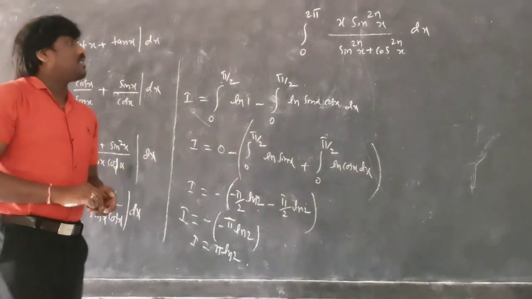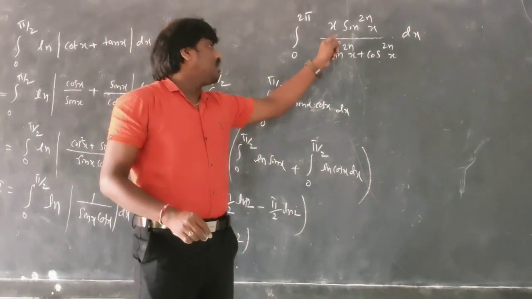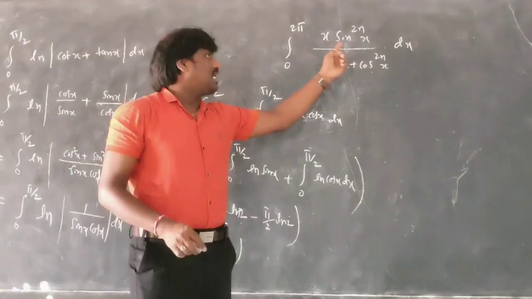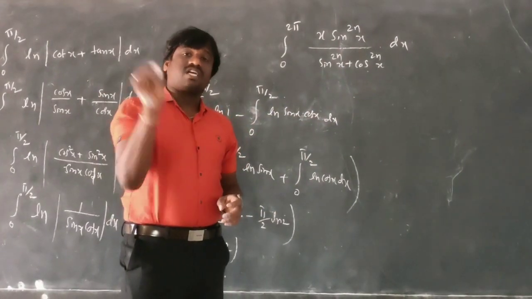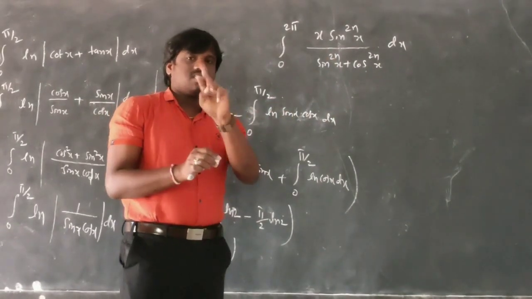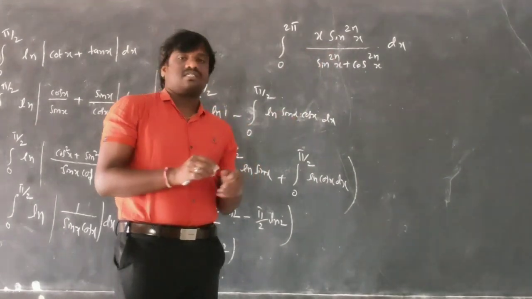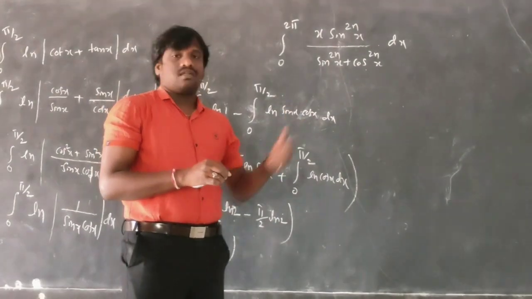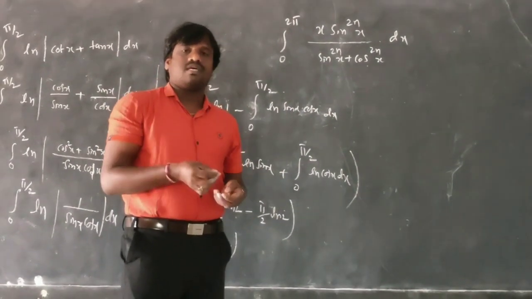This is the beauty of mathematics, and these types of questions you should also remember. I will tell you one more question, then our Queen rule will be complete. This is the last question. Last 3 questions are there in the Queen rule. We will finish the 3 questions, then our Queen rule completes. Then we will go for the other properties.